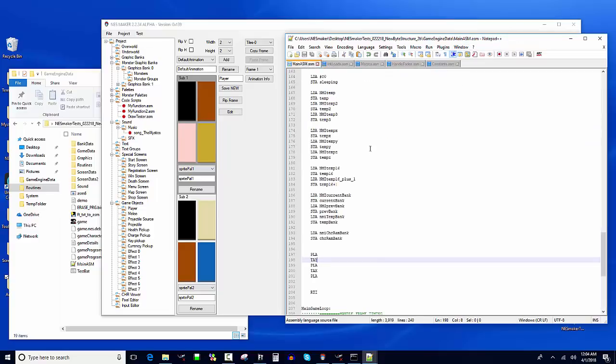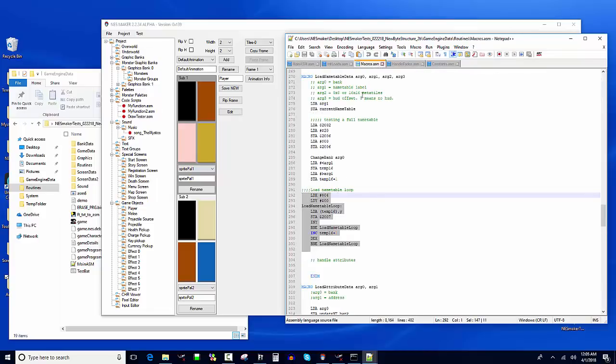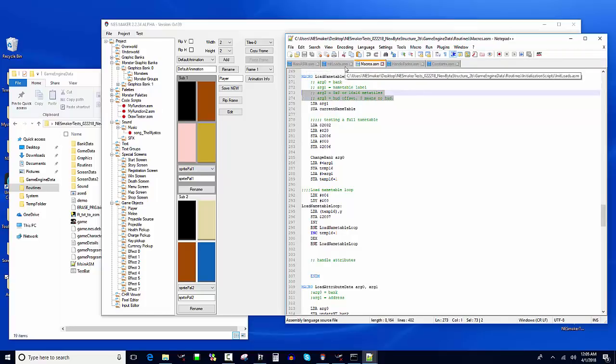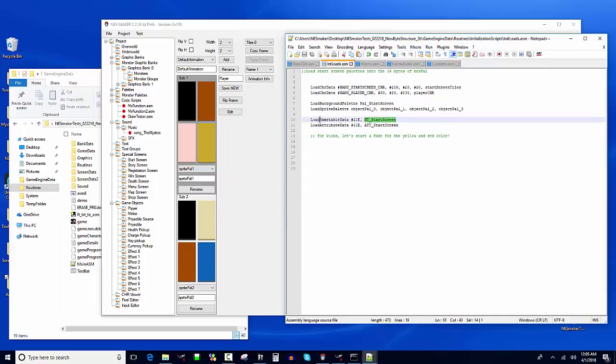If I look back at macros, the first thing it needs to know is what bank and what name table. And these other arguments I'm just ignoring for right now. So I could write, anywhere that I want to load a new screen, what bank that screen is in and what name table, and it'll load. So I've taken what is a page of code and turned it into one line of code,